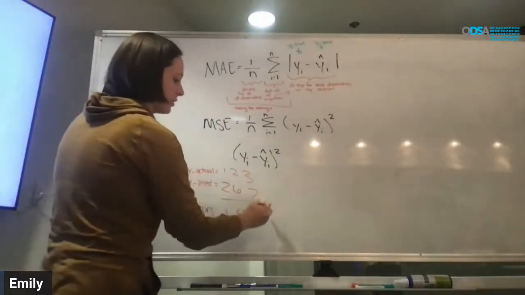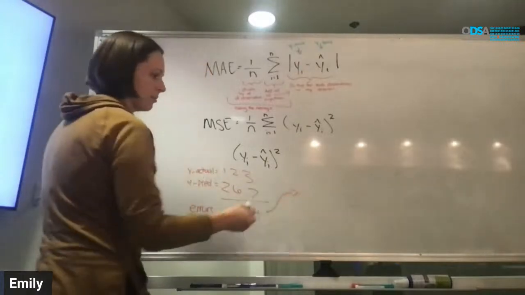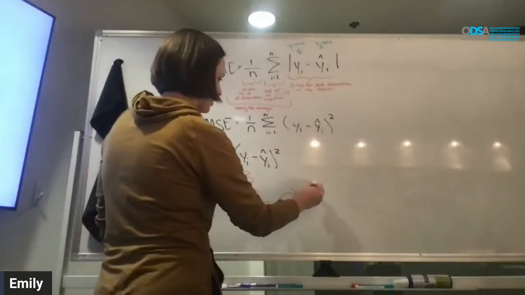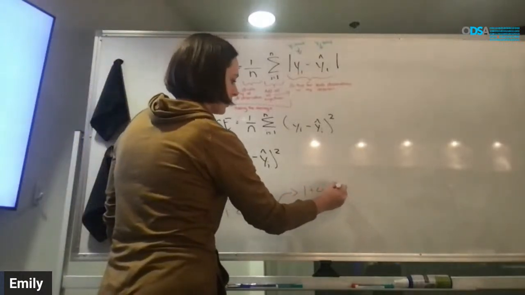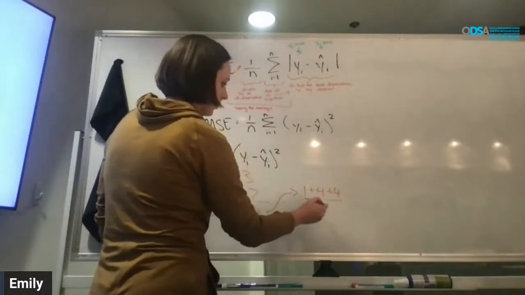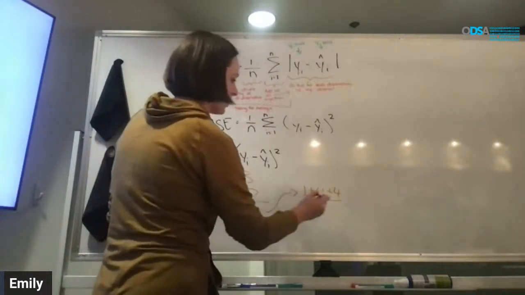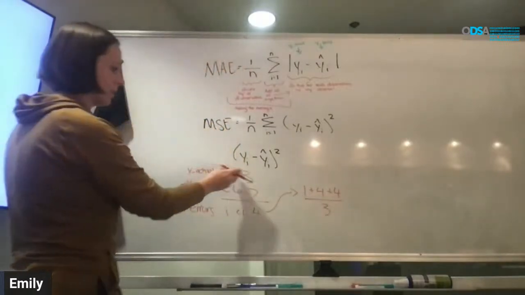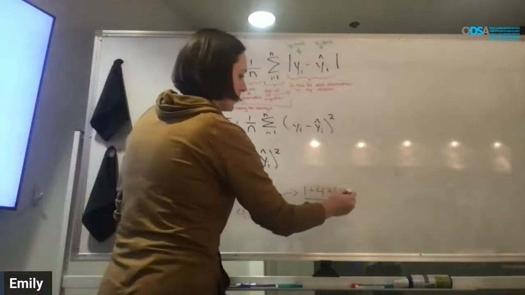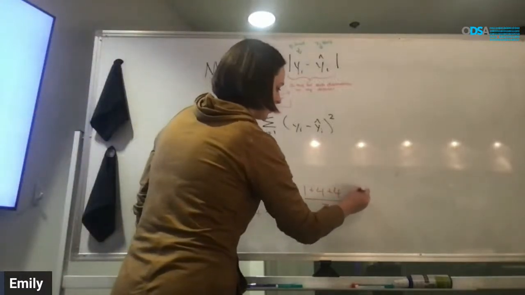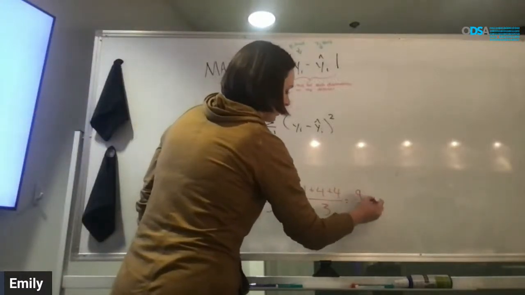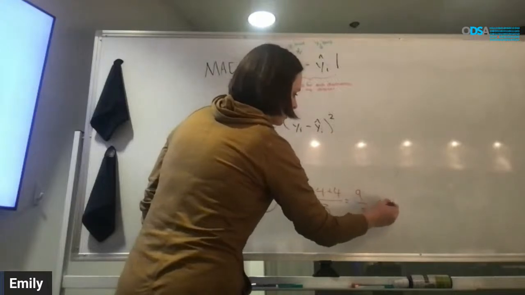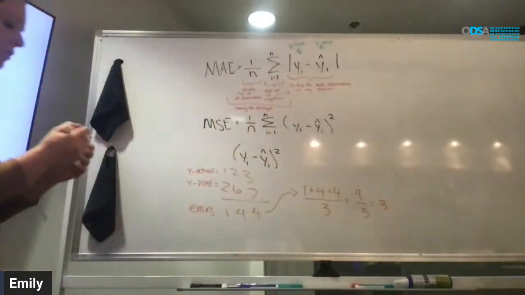So what we're gonna do, now we have our errors, we're gonna add them all up and divide. So 1 plus 4 plus 4 all over 3, because we have 3 things that we're measuring. N is equal to 3, 1, 2, 3 things. So that's 9 divided by 3. Hey, I got a good even number here. It's 3. So our average,